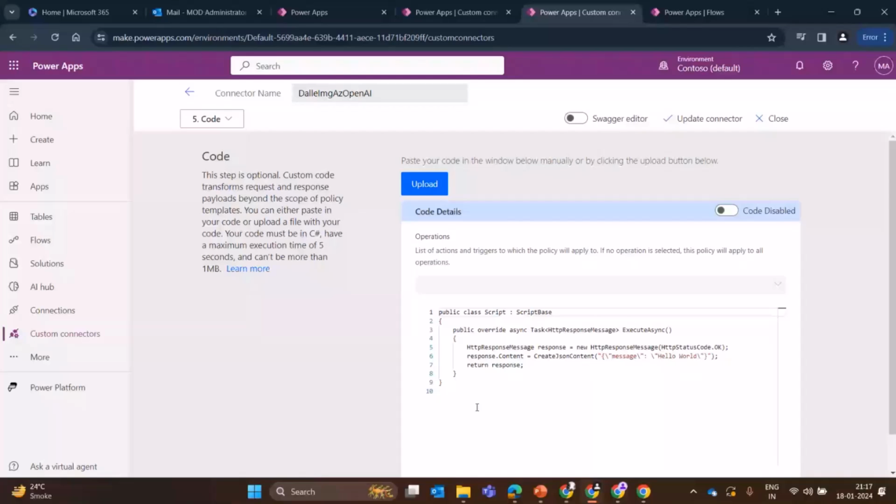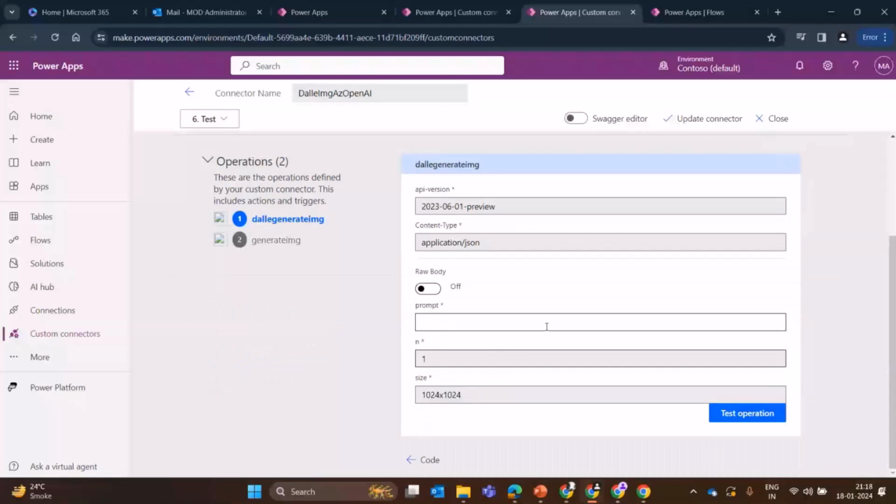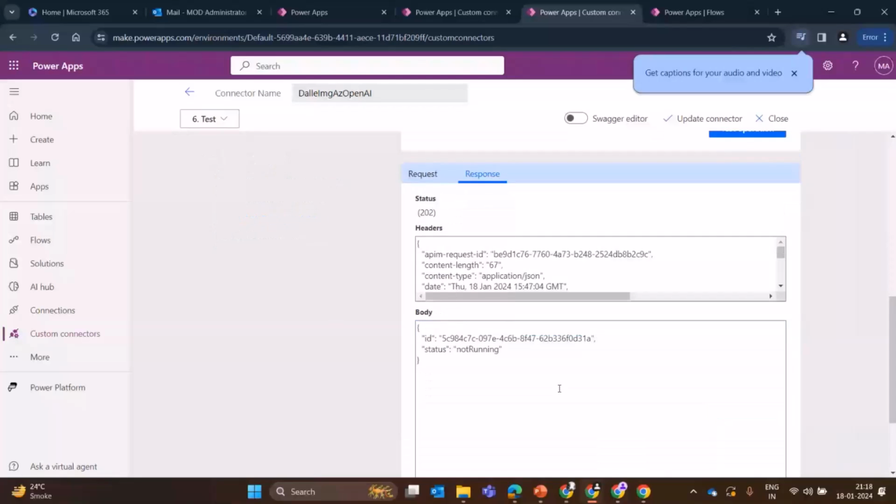Next, test. So now, if I want to test this, I haven't added the API key yet, but when you hit save, then you can update the API key. It will ask you to add an API key. Once that is done, you can easily test this. Now let me just add Seattle skyline, just a small example, which is in my head right now. I'll test the operation. And you see, it provided me with the response, but it is saying not